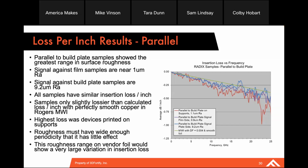Supports sample, which I said had that kind of Lego shaped backplane, kind of hard to predict. It's actually a constantly changing impedance along the line to a small amount. It actually performed pretty well. But I think the important part of this output chart here is to separate the red line there. Ignore the red line. And we're looking at the very smoothest sample we could print and the very roughest sample